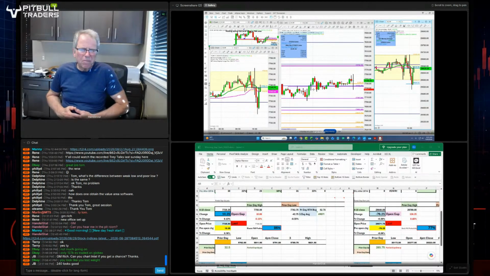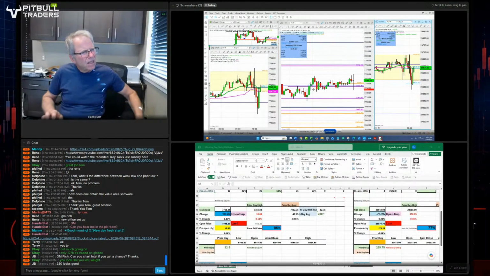Well, that's about all I have. As I said, they almost got down to the daily range expansion, but they need like 8 more points in this ES and about 50 in the NAS, so we'll see what happens. It could be quiet now from here.